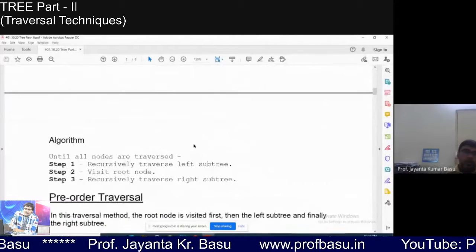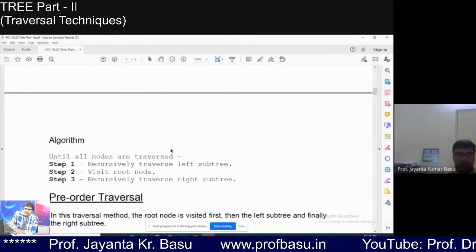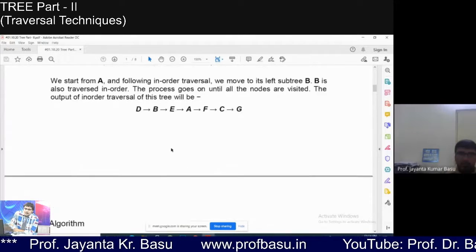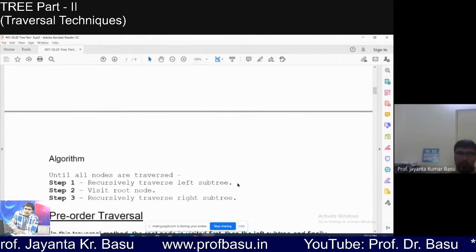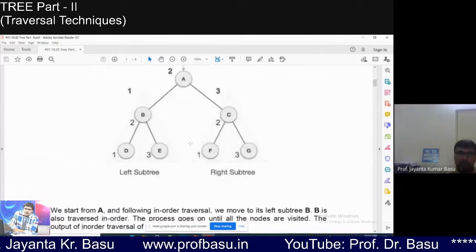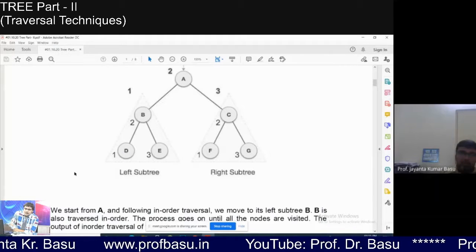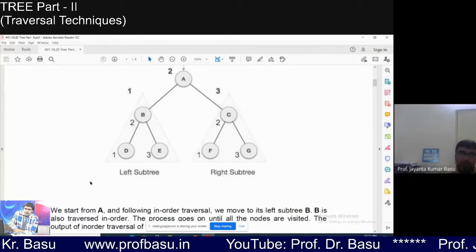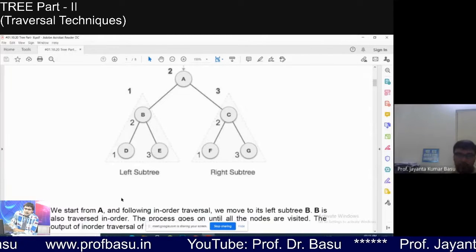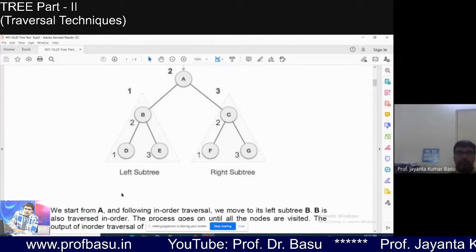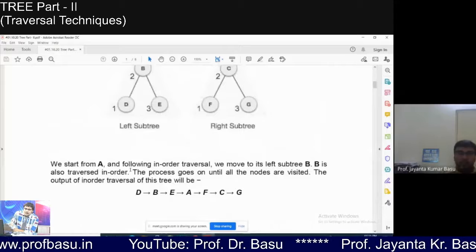Now what will be the algorithm? Very easy. Until all the nodes are traversed, this is the algorithm for traversal. Step 1: recursively traverse the left subtree. Recursively means we will go on traversing the left subtree. It may have another left subtree, a left-to-left subtree, a left-to-left-to-left subtree, if the levels increase. So recursively means repetitively you will search.